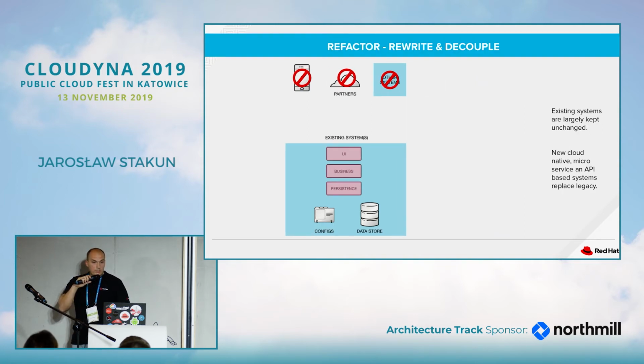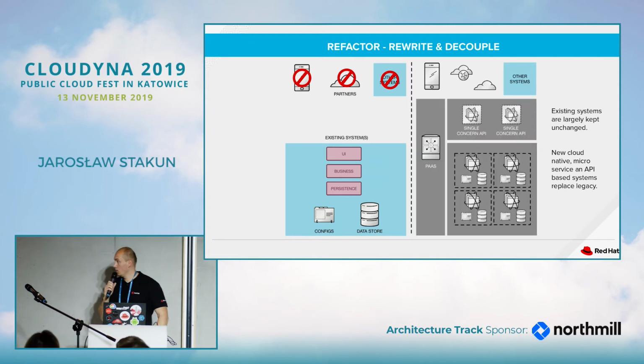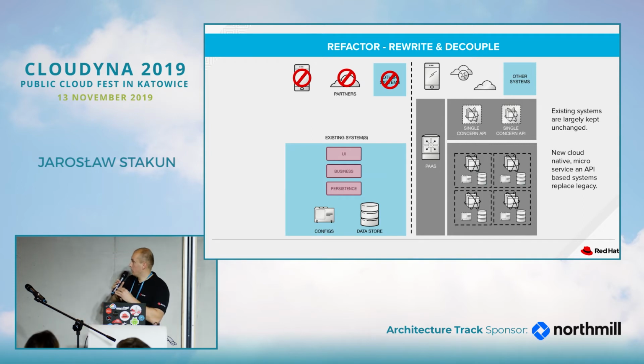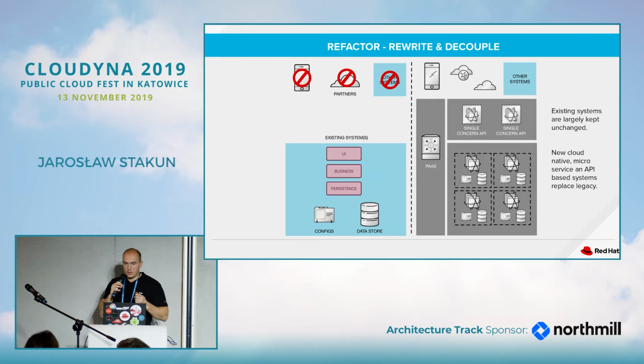And there is a third approach, the most time-consuming and the most costly, typically. So we decide that we want to completely rewrite the application, and we modernize the application, and we containerize it. Quite often we change the architecture from monolith to microservices. Again, it depends on the application. But the first step in the journey, or maybe the second step in the journey, is really to have an application that is containerized.